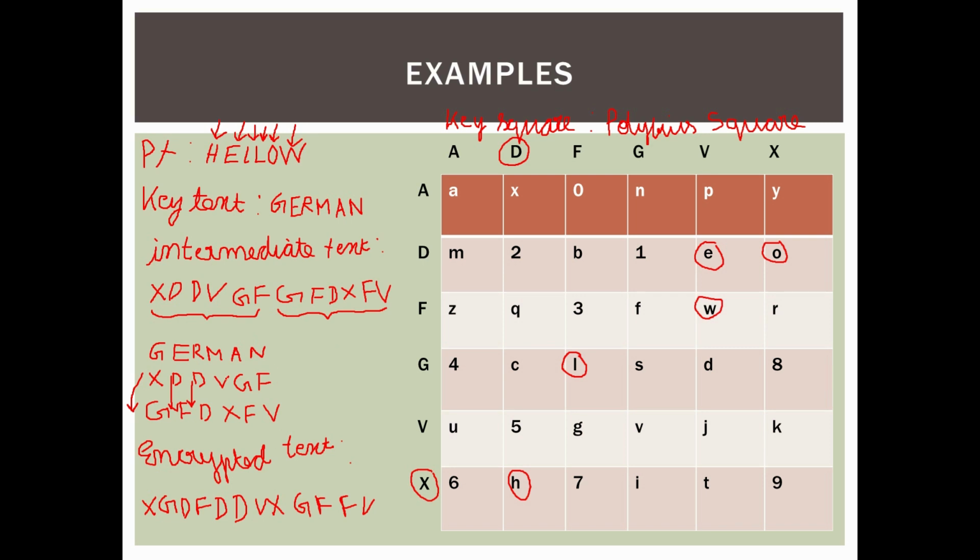Now what does that mean? In alphabetical order, you basically have to take the first character which comes first before all the characters present inside the key text. So for example, here we have taken the key text as German. The letter which comes first alphabetically is capital A. So capital A is here.